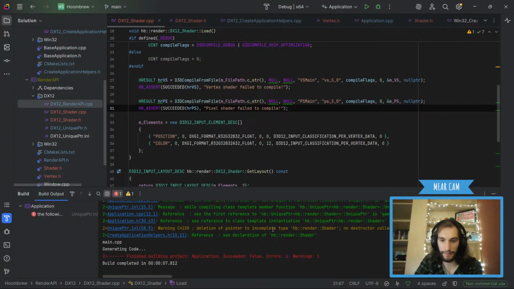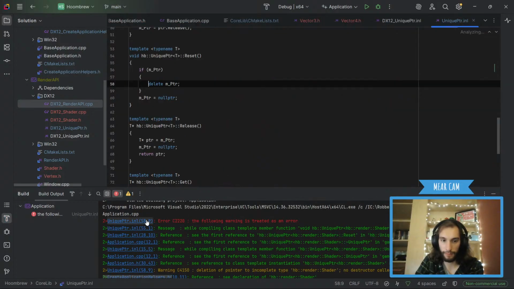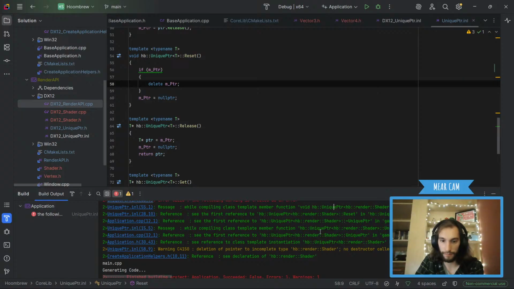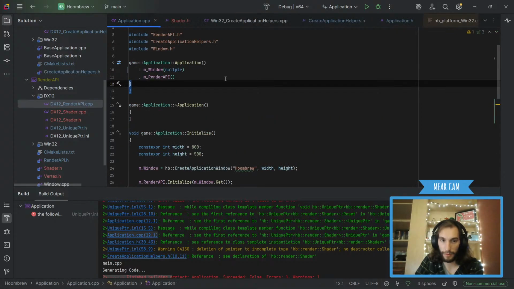What project? What the hell is that? Following a street, there's an error. While compiling, no destructor called for shader. I don't need it. Application.cpp.